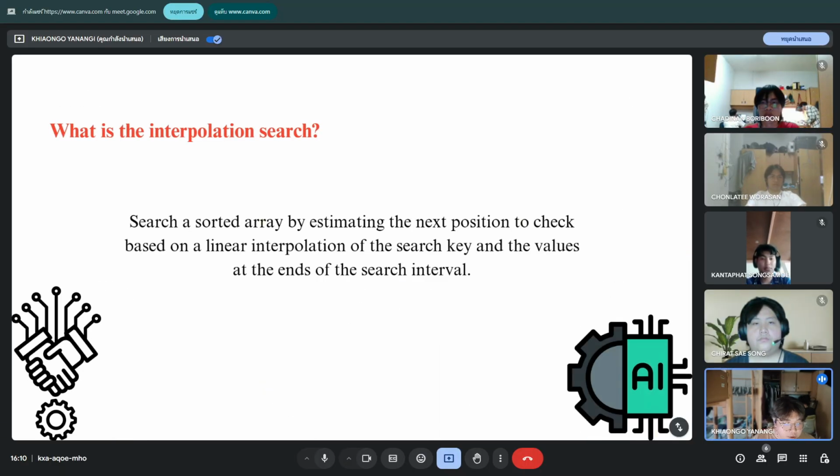Let me start by introducing interpolation search, which is a search algorithm used on a sorted array. Unlike binary search, which always checks the middle element, interpolation search estimates the position of the target value by using a formula based on the values at the start and end of the search interval.